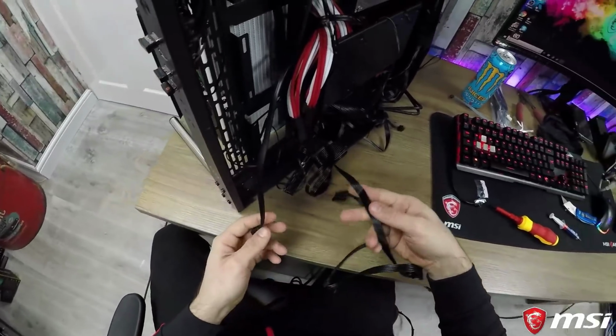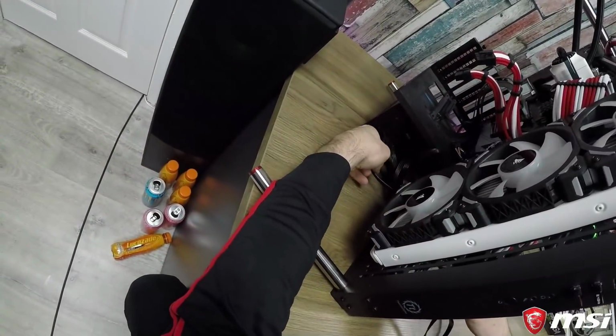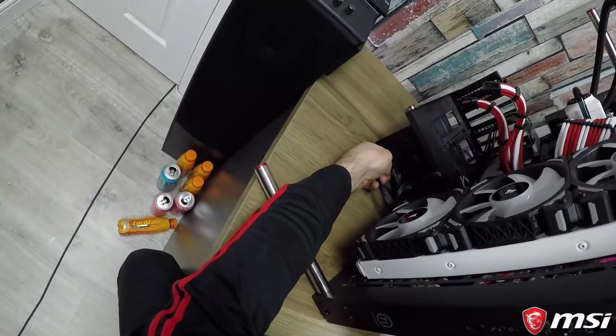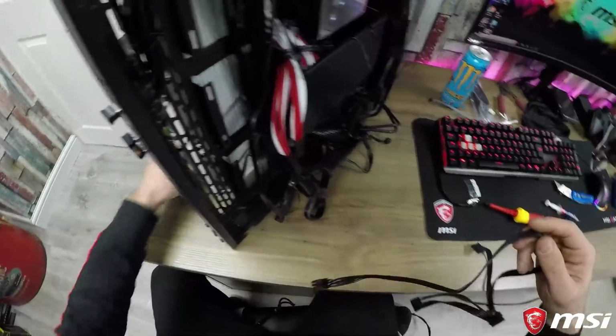Right, so can that come out then, really? I don't actually need that. I'm not running an SSD in this anymore now. Right, we'll have that out. So that can come out,